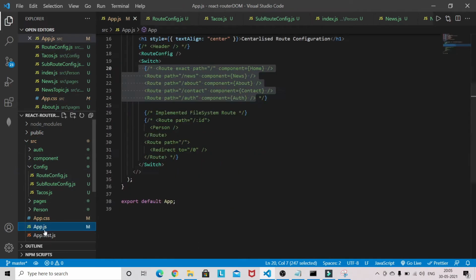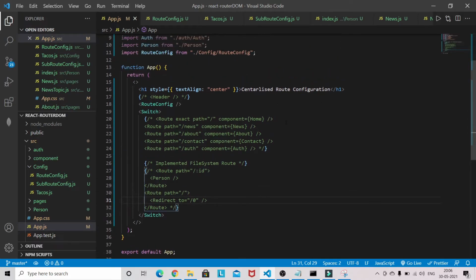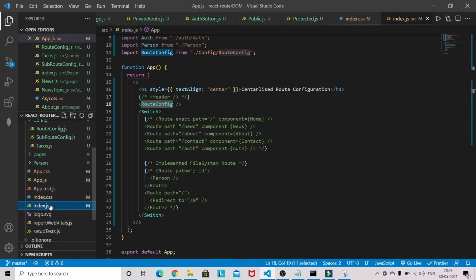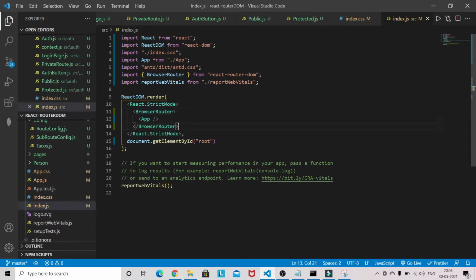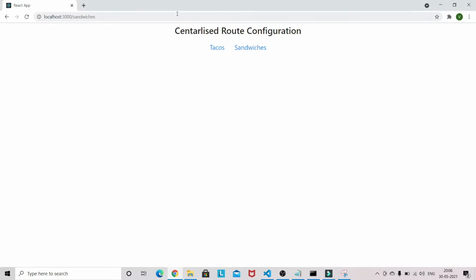In app.js I have just commented all the other registered routes, and here I just import the route configuration. And in index.js, don't forget to wrap your app with a browser router, otherwise it won't work. Let's see whether we are getting any issue or not first.